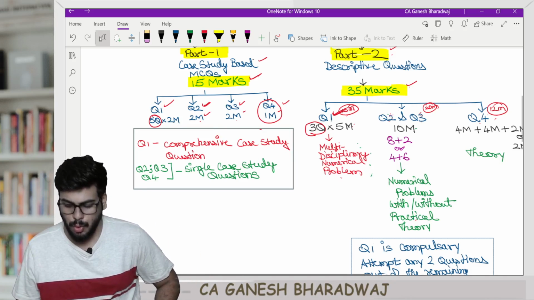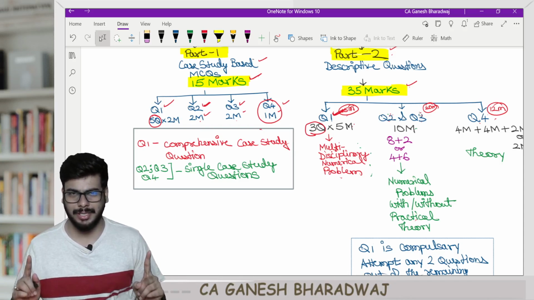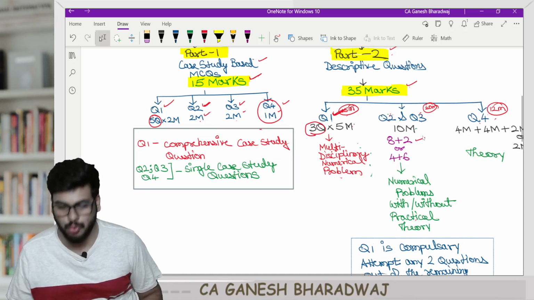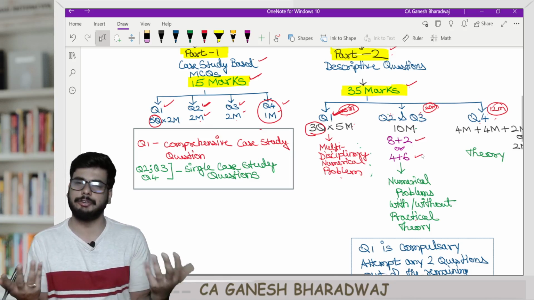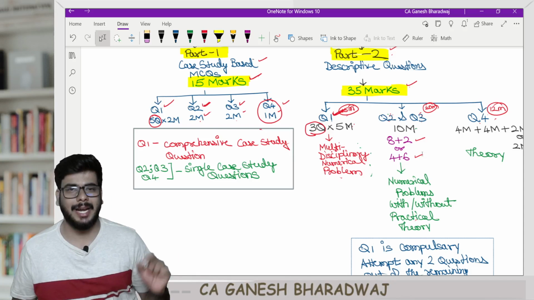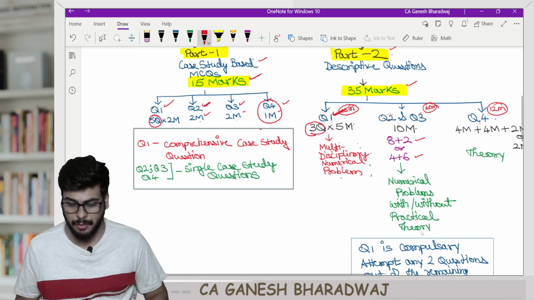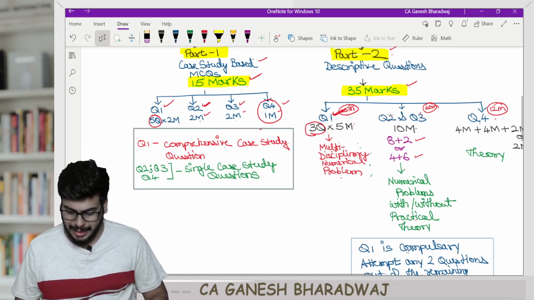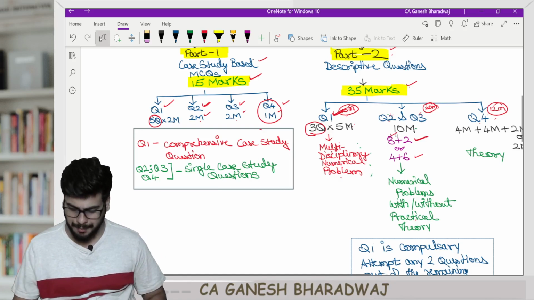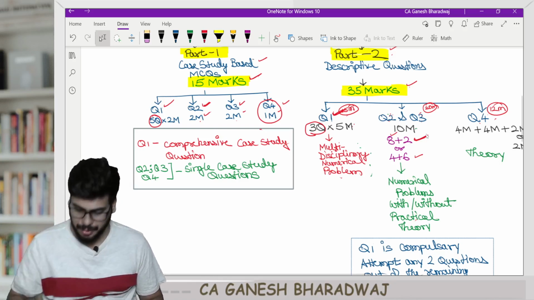Now, question number 2 and question number 3 are 10 marks each, right? And these 2 questions are fully numerical problems, right? So how will it come? It could be 8 plus 2, or 4 plus 6, or even 5 plus 5. The breakup of this 10 marks could be anything. And if you see in the mock test paper that just got released for your May 2024 exams, what they have done is this: when 8 plus 2 comes, this 8 marks will be one full-fledged numerical problem. This 2 marks will be a practical theory from that chapter